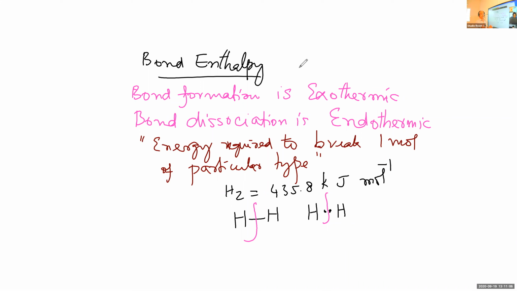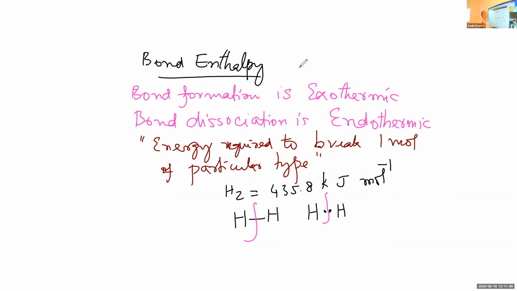Do you follow what I say? In 1 molecule, there is 1 covalent bond between hydrogen atoms. Now you take 1 mole of hydrogen molecules. 1 mole of hydrogen molecules means 6.02, Avogadro number, 6.02 into 10 raised to 23 molecules. So in 1 mole of hydrogen molecules, there will be 1 mole of bonds. And the energy required to break 1 mole of the bond in hydrogen molecules,